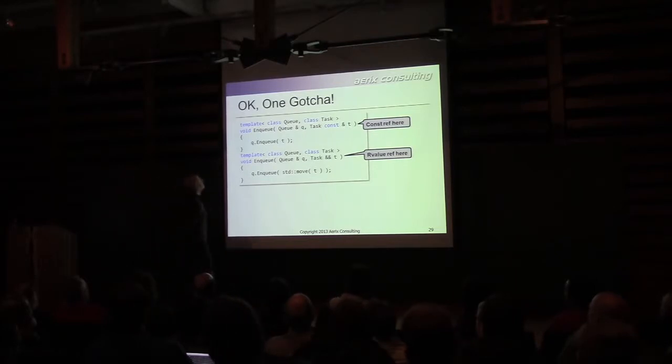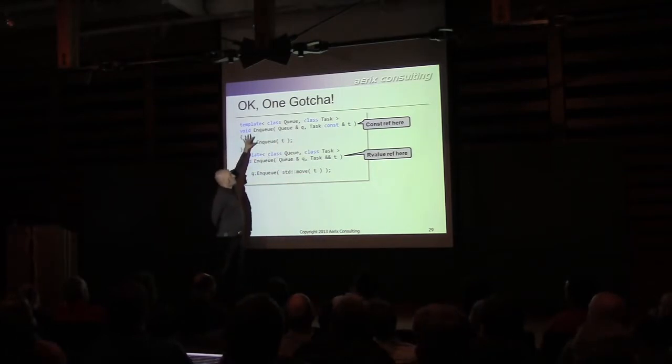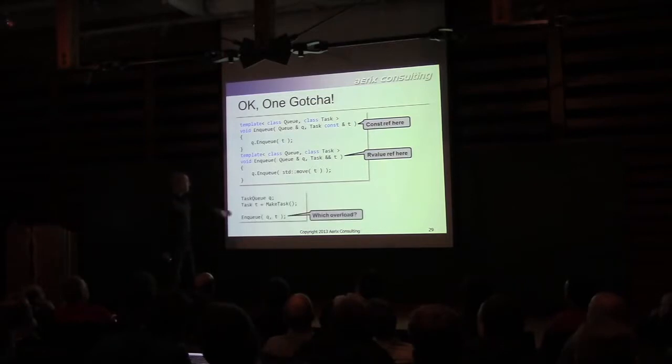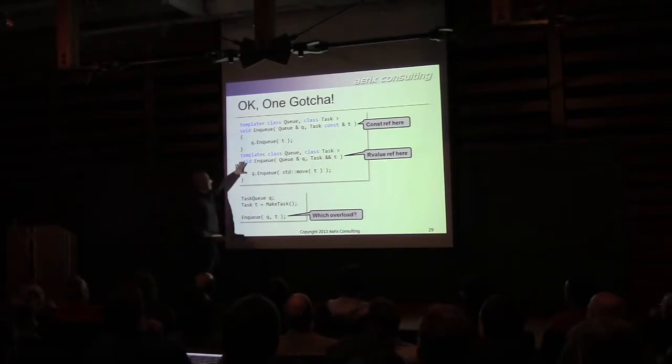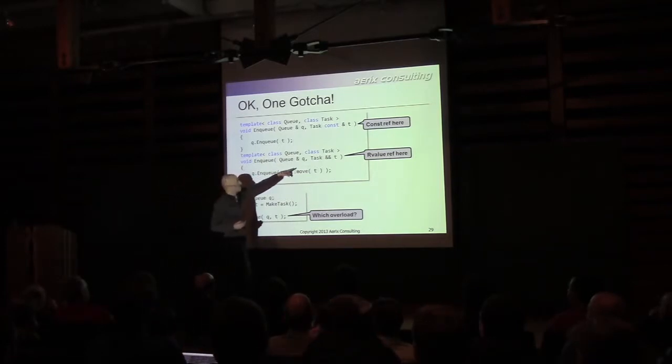Okay. Say you've got an enqueue function, it takes a queue and a task, and you think, okay, I want to optimize away a move. So I have an L value and an R value overload, okay? That looks okay. And now I create a task queue, I create a task, and now I enqueue the task. Which overload gets called? It's a gotcha, so you should all know this. This one gets called, okay? Do you guys know why? Anybody? Non-const L value? Right, so this will get deduced to